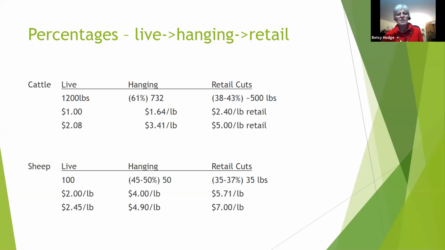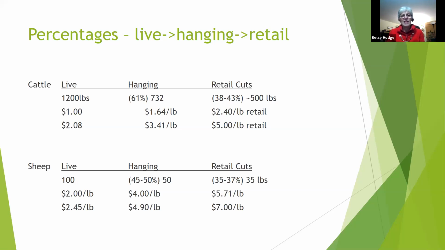And so I said, well, let's say people are willing to pay $5 a pound. And that might be an average. Maybe your hamburger is $4 a pound and your steaks are $8 a pound. That's something you can use the Meat Suite price calculator to work on, which we'll also send you in the resources. So this one I worked backwards. I used $5 a pound retail, and I figured out that that would be $3.41 hanging, or if you were selling that animal live, which technically you are, it'd be $2.08 a pound live. That just gives you some comparison.